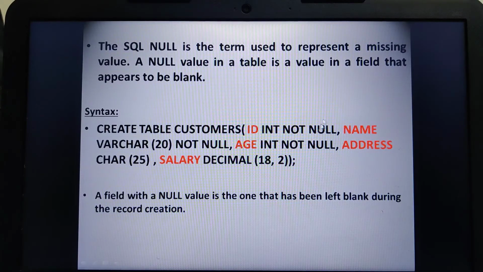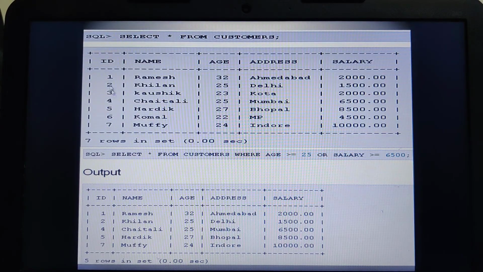In my previous example, there were 7 customers. ID number I had specified as NOT NULL, name NOT NULL, age also NOT NULL, while address and salary I had left nullable. That means for ID, name and age, some value must be explicitly mentioned.